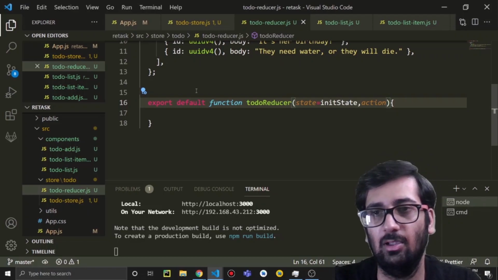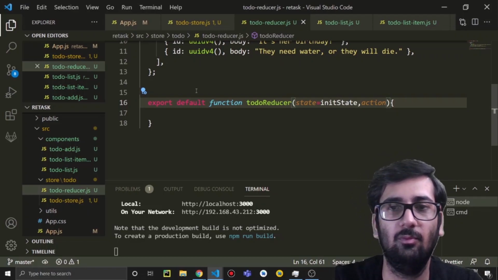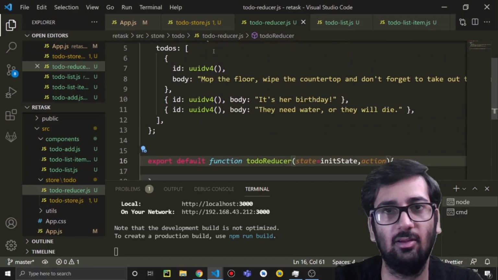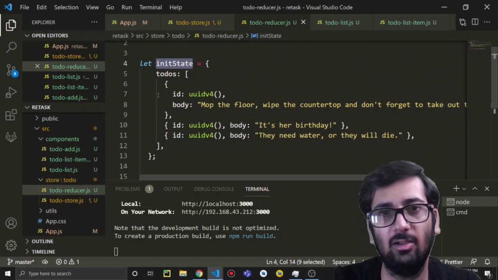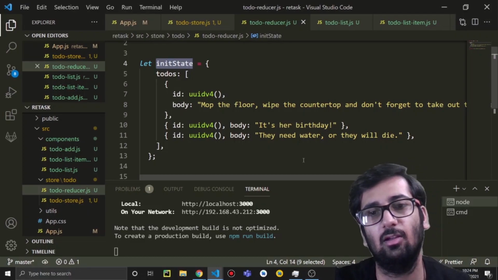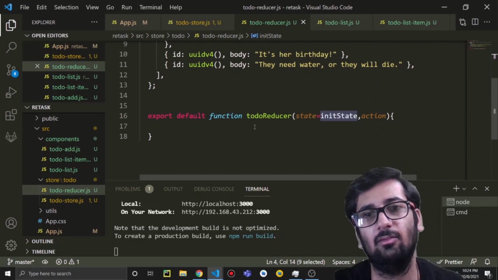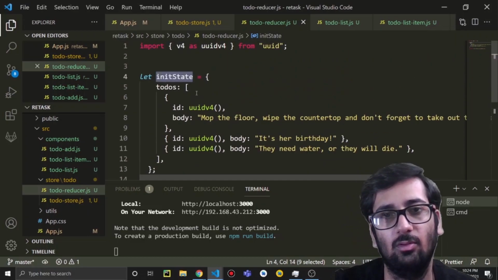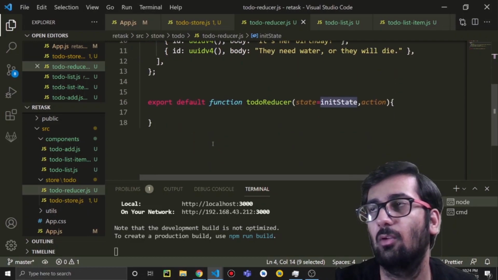For example, we have to add a todo. So for example, this is our current state of todo, the initial state. So we have added some new todo. We will augment this state and add our new todo. So there will be one more here which is in memory, you can see, and then it will return us the new state which contains all our todos including the newer one.